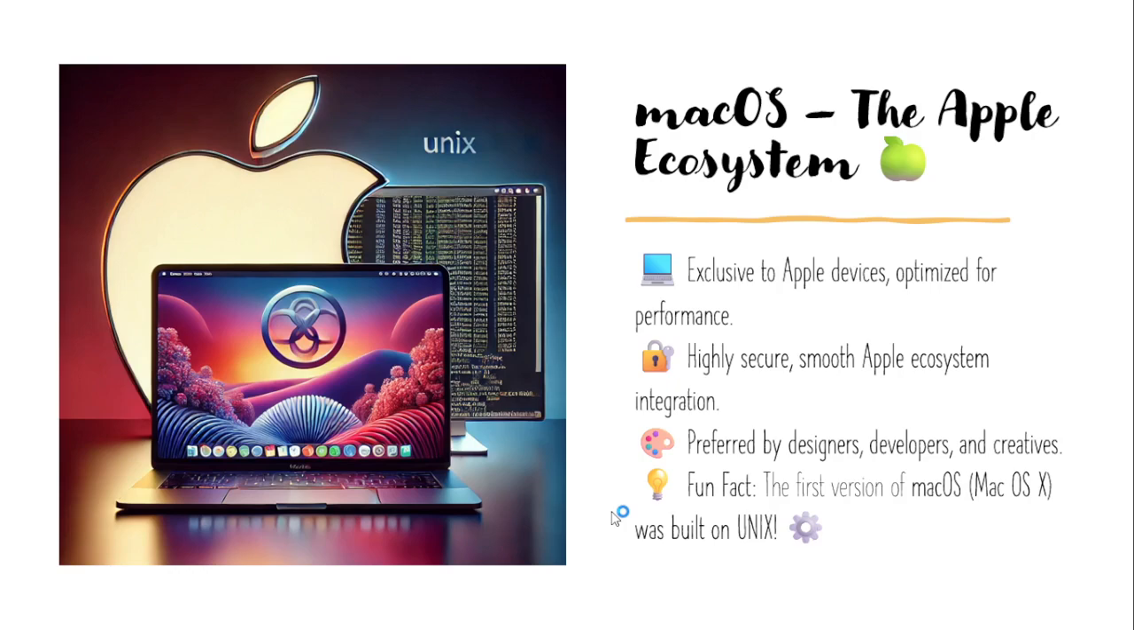One of the standout features of macOS is its high-level security and the way it integrates smoothly with the entire Apple ecosystem. Whether it's your iPhone, iPad, or Apple Watch, macOS connects them all seamlessly. macOS is a favorite among designers, developers, and creatives. Its intuitive design, powerful tools, and stable environment make it perfect for everything from graphic design to video editing and